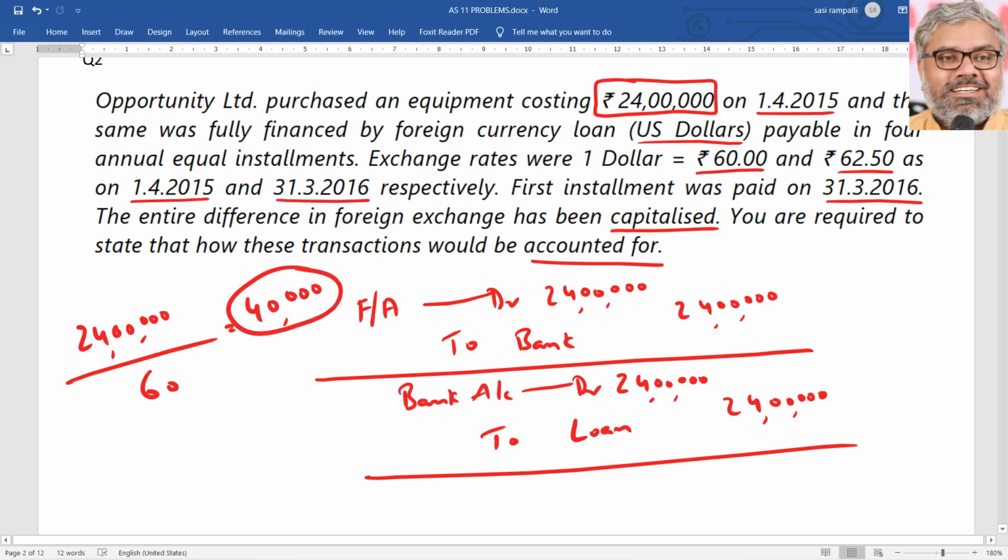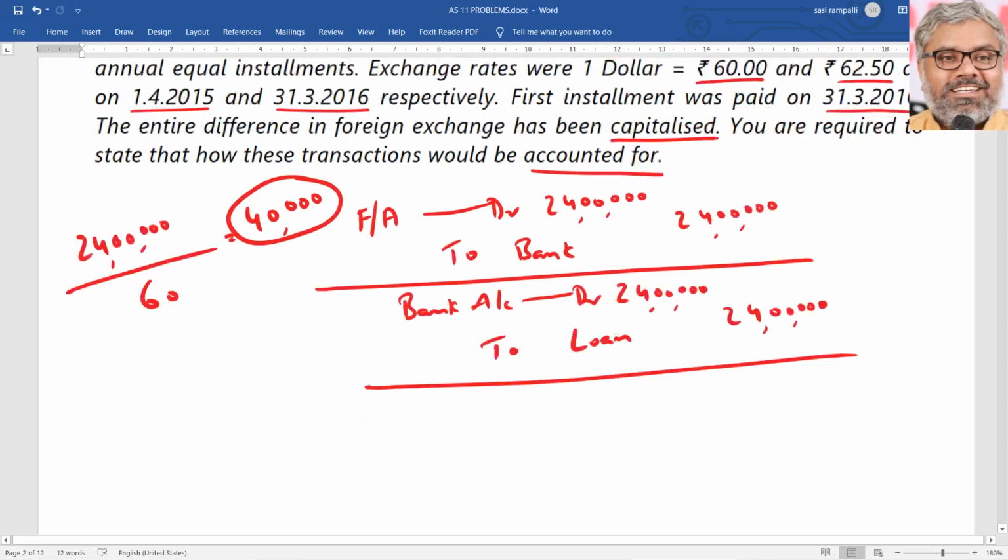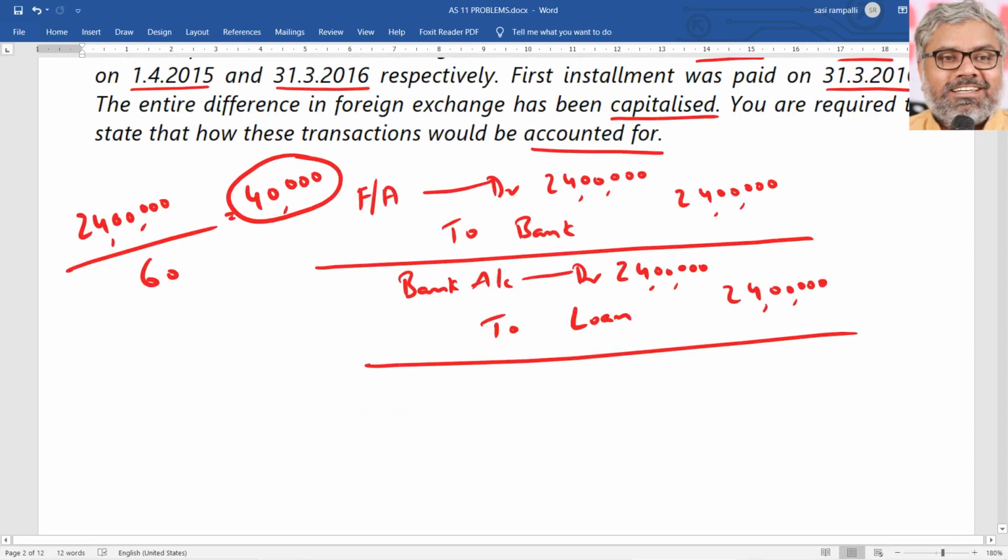That is a $40,000 loan that was taken, which is a monetary item. Loan is a monetary item. But the point is, on 31st March 2016, the dollar has become 62.5 rupees instead of 60 rupees. So how much is the loss? Here also loss happened. How much is that loss? Each dollar is having a loss of 2.5,